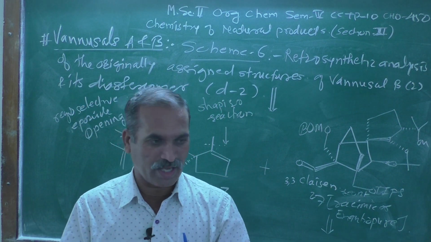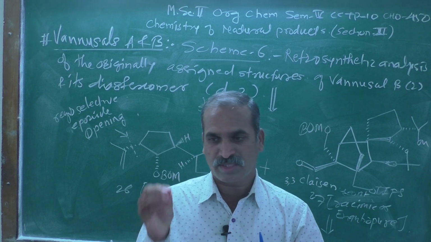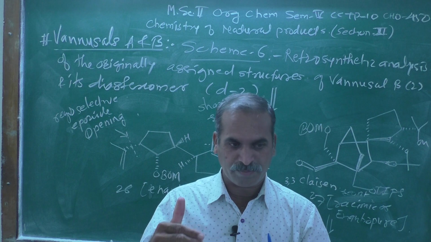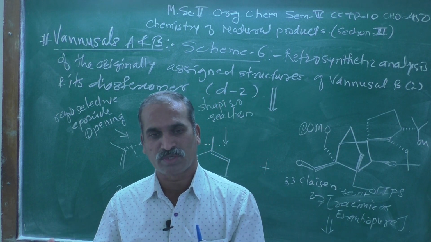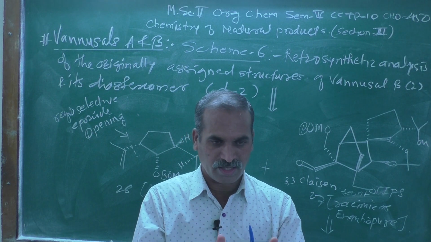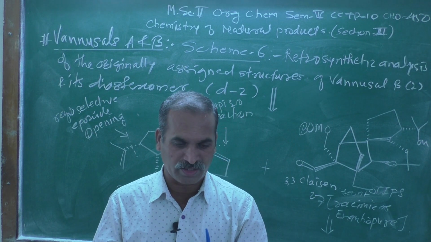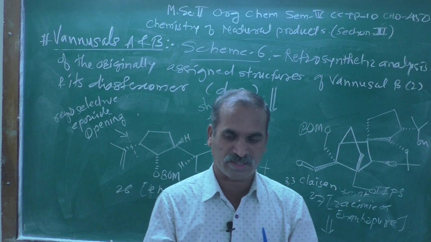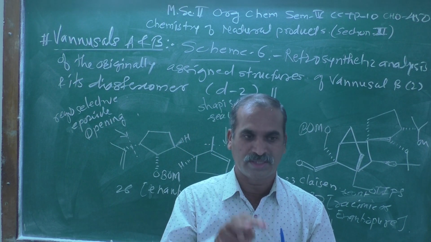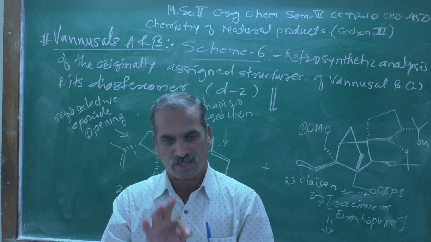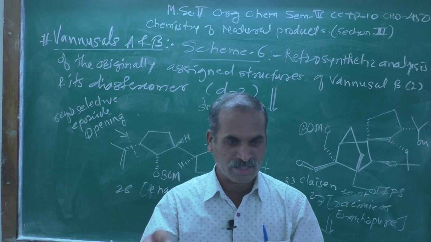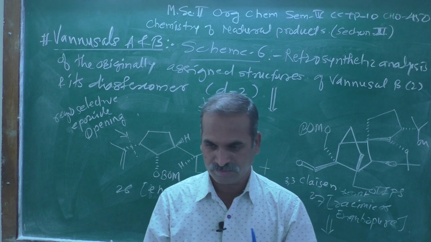And as we know that retrosynthetic analysis means the process of breaking down the target molecule into convenient starting material by using disconnection and functional group interconversion. Three main terms are involved in the statement: number one is the target molecule, number two is the disconnection, and number three is functional group interconversion.